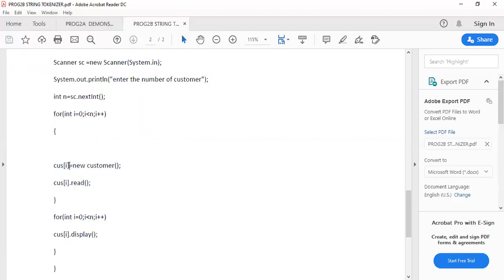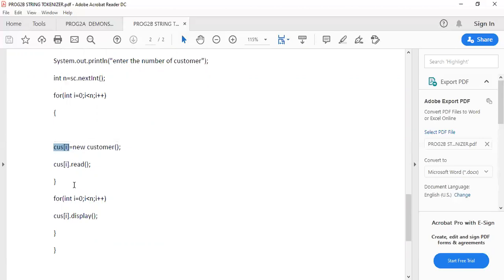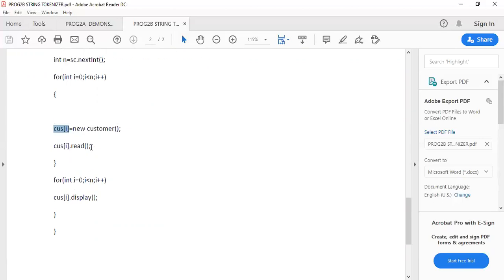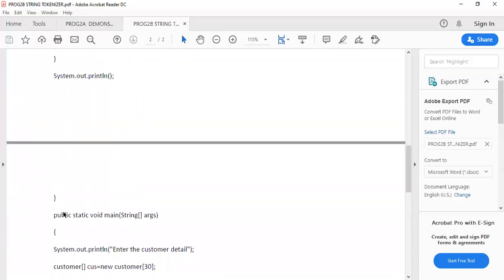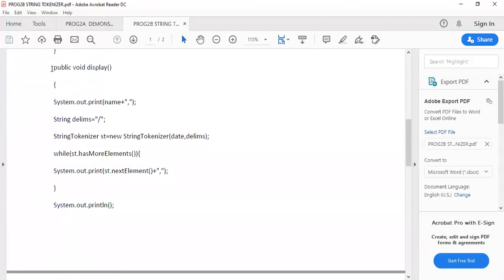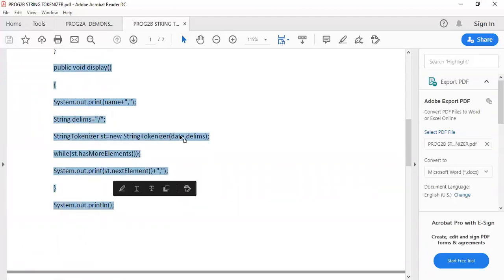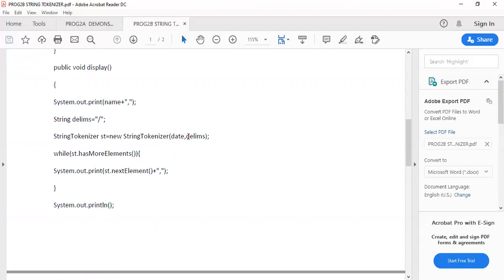And using this object customer[i], we are going to read the customer details. So we are calling the member function read. And next, after reading the customer details, we are calling the member function display. Once we call the member function display, based on the delimiter, the date will be separated in the form of day, month, and year, and a comma will be inserted.